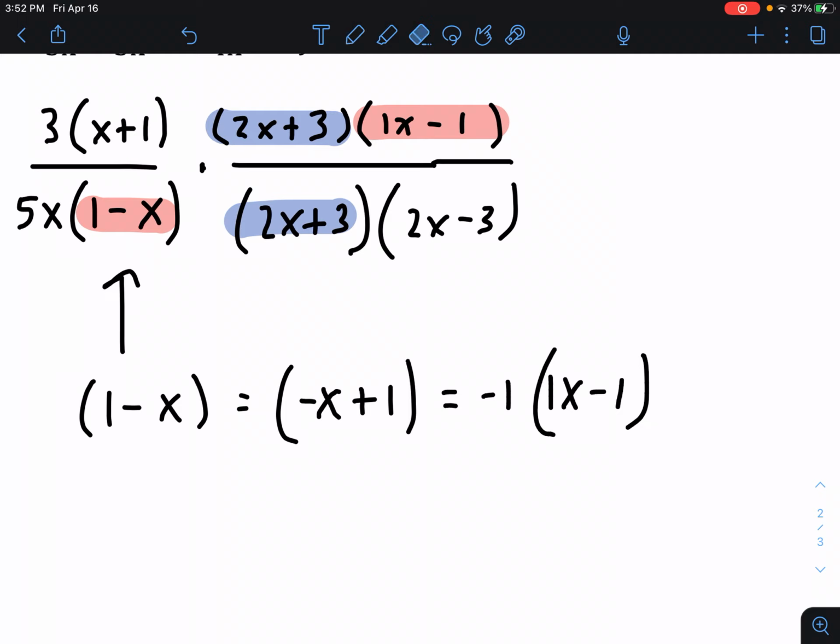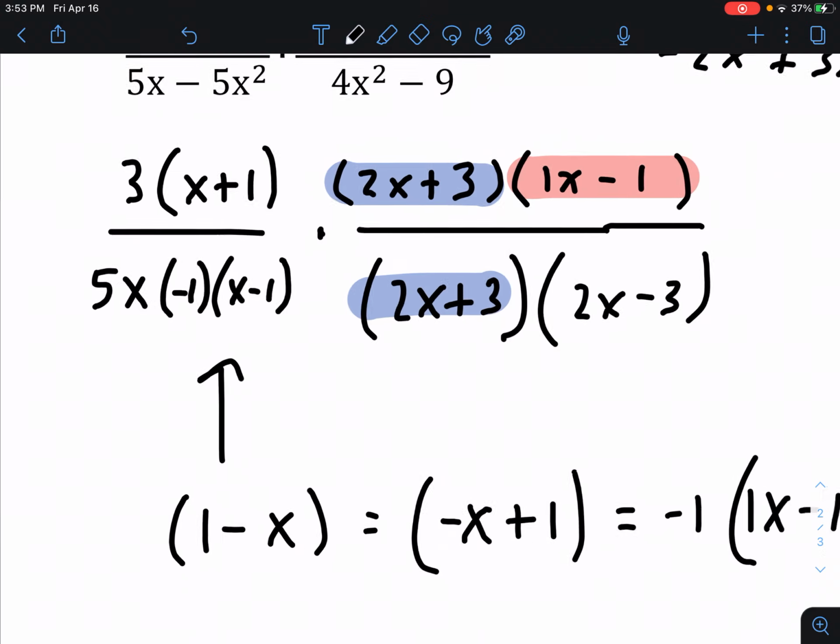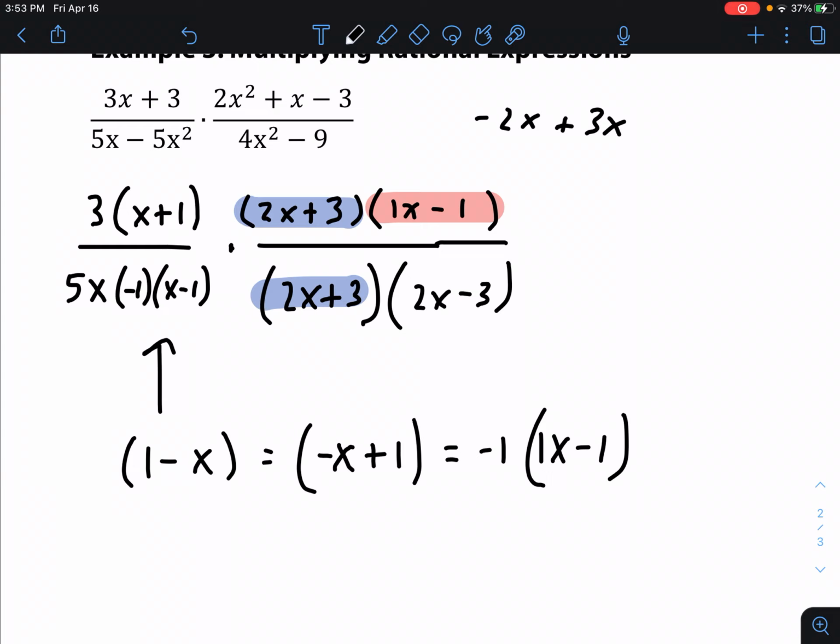So I'm going to rewrite this as, oh, yeah, shoot, negative 1 times x minus 1. All right, this one gets a little tricky, a little messy, but it is what it is, right? Okay, so I'm highlighting the things that are the same, and you'll notice there's nothing else that's the same. And there's one little weird thing that we have to do, but I'm going to erase this,